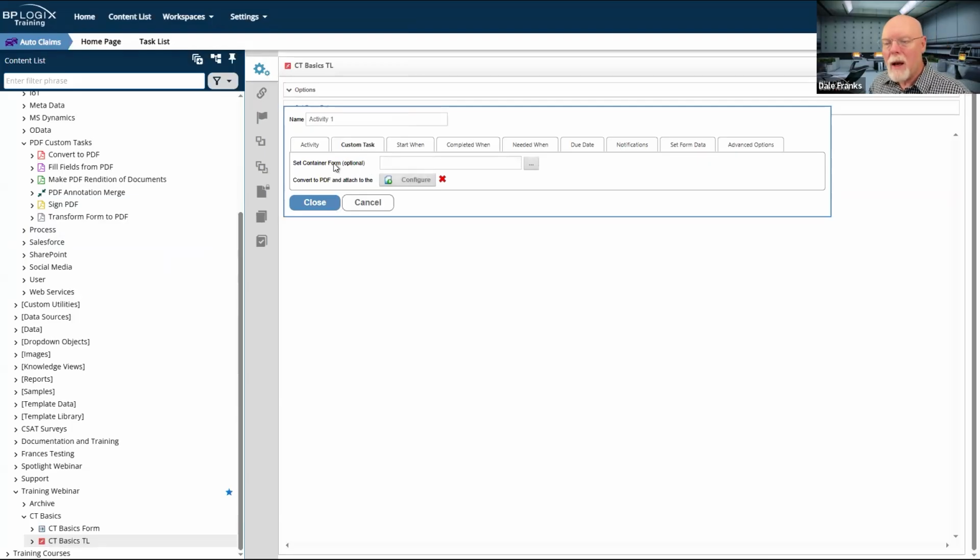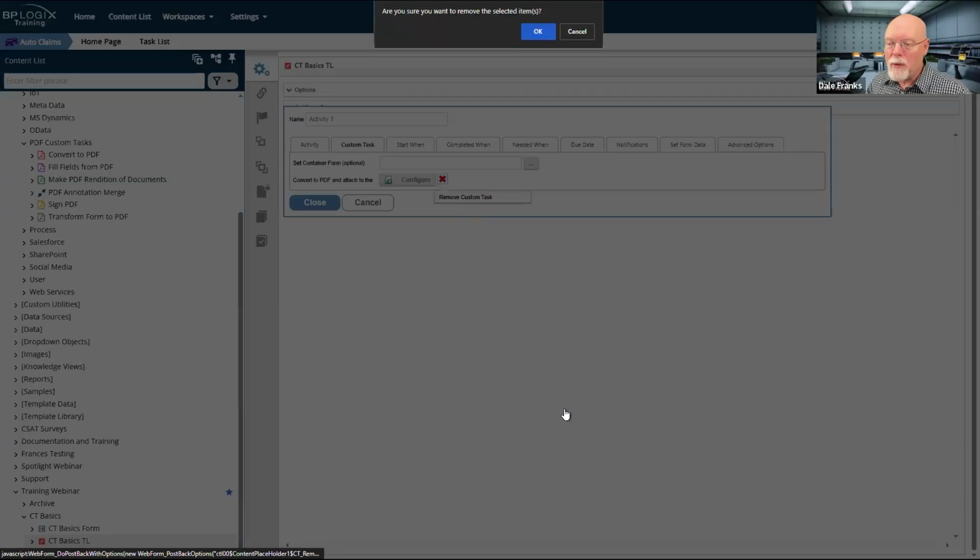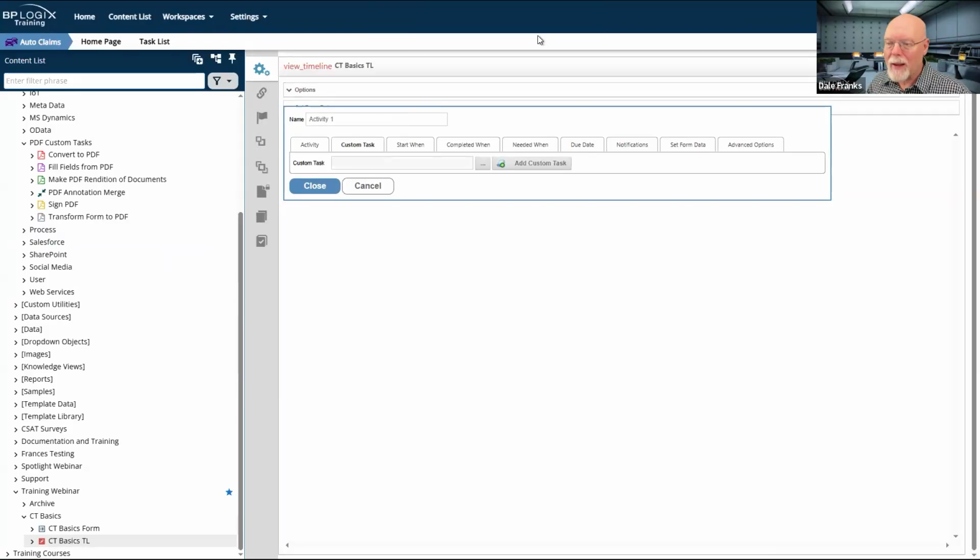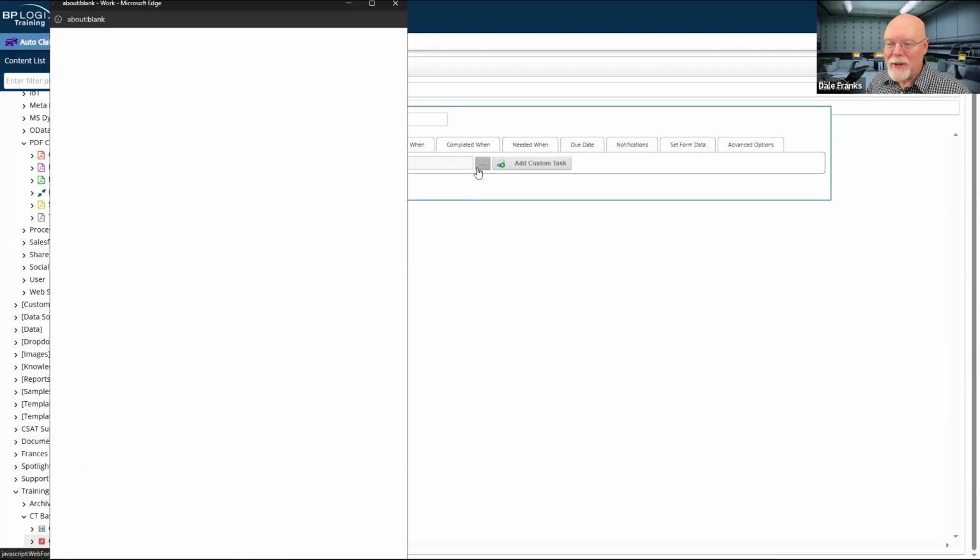And what I see at the top, and this is a little confusing because of the way the UI changes, and it's very subtle, if I remove this custom task, I've got this user picker up here that says custom task. Right now, it's to enable me to pick and add the custom task, right?